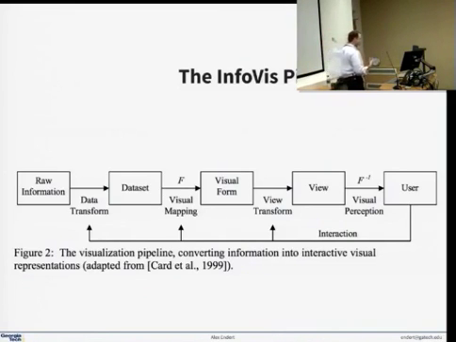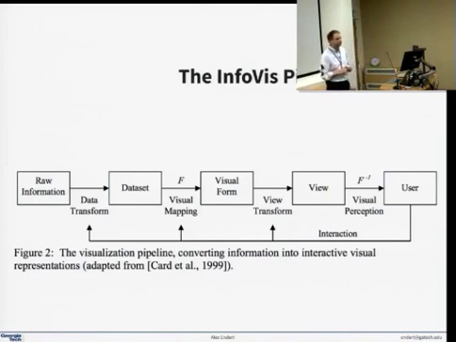Big step just to get to that. Then embedding it into a visual metaphor, such as the bar chart that I just showed, to get to the view. And then there is this function, if you will, to use perception and cognition to get it to the user. But then there are all sorts of things that happen in our head that we want to tell the system about, right? And that's really this entire bottom line here about the user